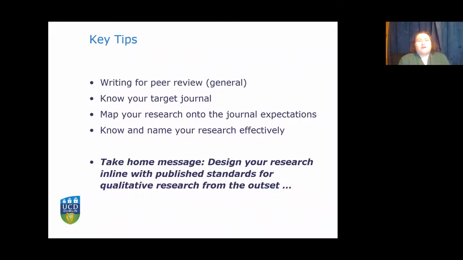So just to start with a very clear sense of where I'm going, I'm really going to focus on 5 key tips. Some general tips around writing for peer-reviewed journals generally, and I'll start with those, many of which you'll be very familiar with. But then I'm going to focus on knowing your target journal, mapping your research onto the journal expectations, and also knowing and naming your research effectively, working on the basis that you may be facing reviewers who may not be experienced in qualitative research, and it's an additional challenge for us to be clear around our